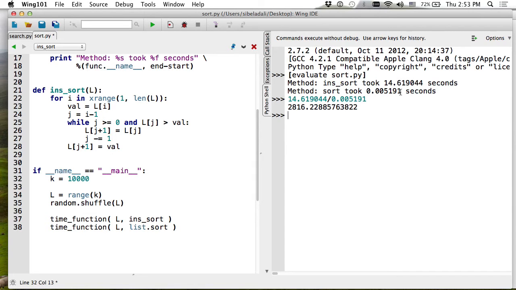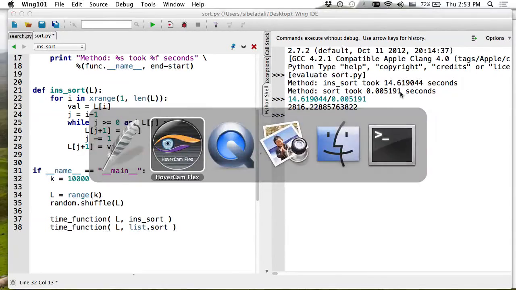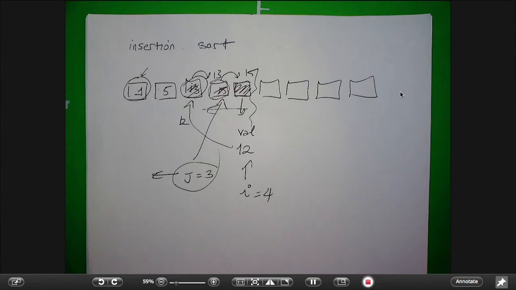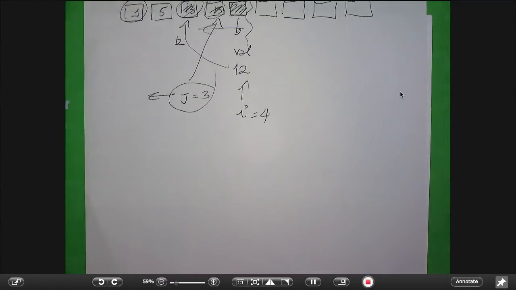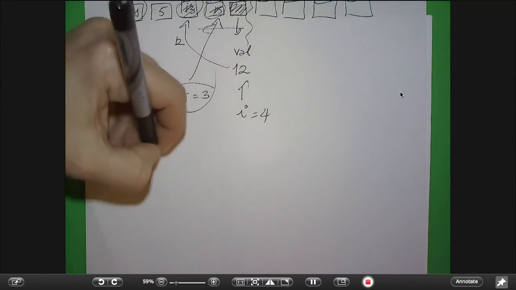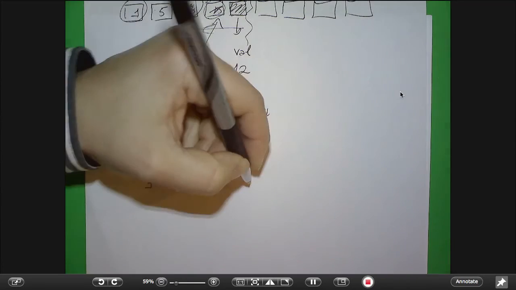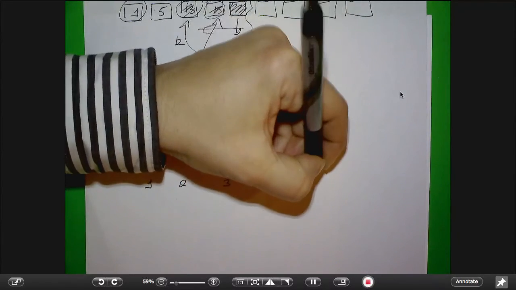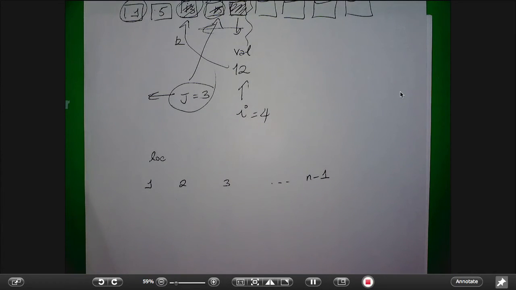Okay? So let us remind ourselves why it is n squared. I run this algorithm n times for each value, right? So I'm going to run it for location 1, 2, 3, all the way to n minus 1, right? So I run this algorithm for every single location. The worst case is that if I'm in location 2, I may end up comparing location 2 with 2 different values, right? I may actually, if it is completely sorted in reverse, I may end up for each location,